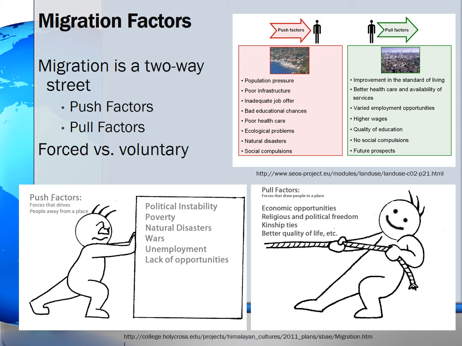Migration is not a decision that is made lightly, even though we have seen an increase in immigration, especially in the United States. There are many factors that are considered before someone moves. These factors are either push factors, which are unfavorable conditions or attributes of a place that encourage migration, or pull factors, which are favorable conditions or attributes of a place that attract migrants. Pause the video and read the factors contained in the diagrams.